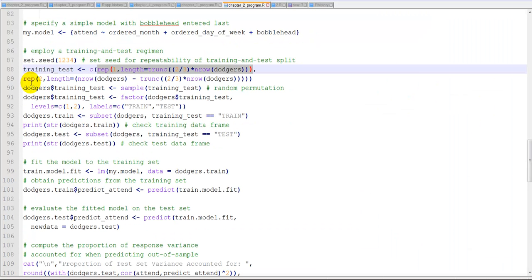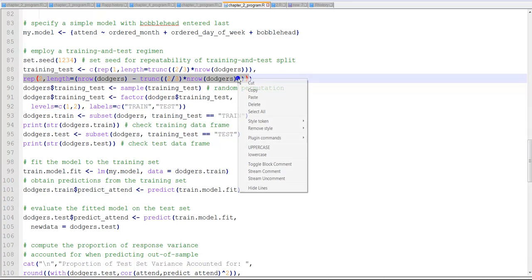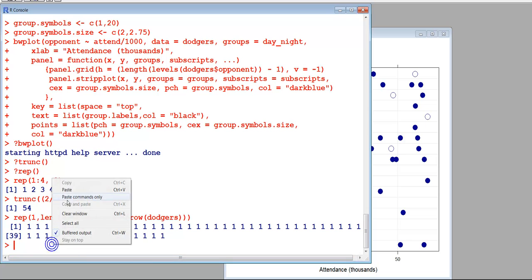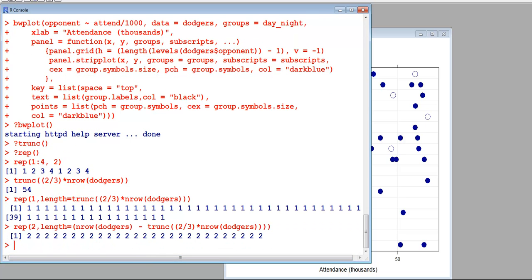And then we're also going to concatenate that with repeating 2's, the remainder. So we're going to take the number of rows minus the 54. This is the same 54 here. So we're going to get that. So let's see what that looks like. So that's the 2's, and then when we concatenate all this,